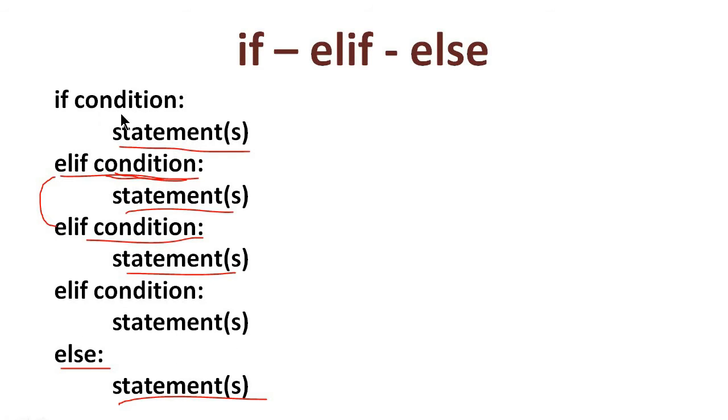And suppose the first condition is false and the second condition is true, that is, this elif condition is true. Then what will happen? It will execute the statements under this elif. And what about the remaining portions? It will not execute. Only the statement under this elif is executed, and the if statement ends there. So if any of the conditions is true, it will execute the statement under that condition, then come out of the if statement. If all conditions are false, come to the next statement. Okay. We will see an example.